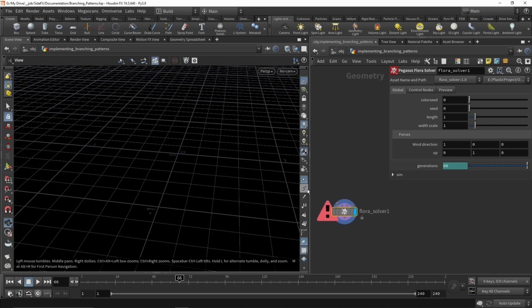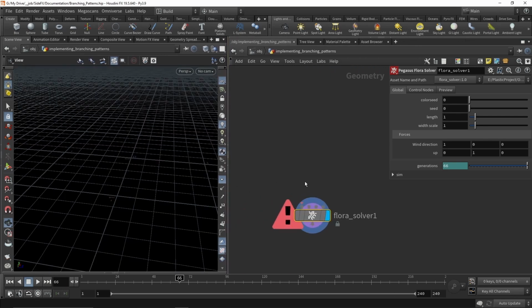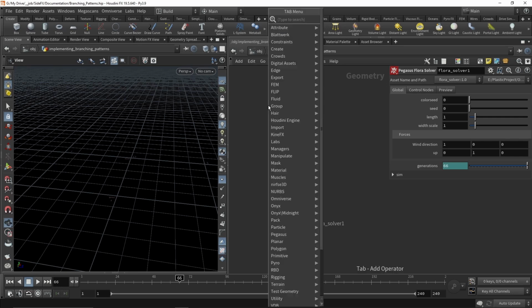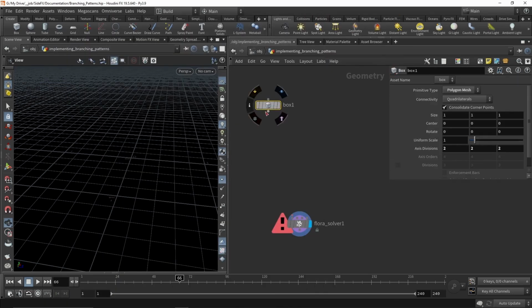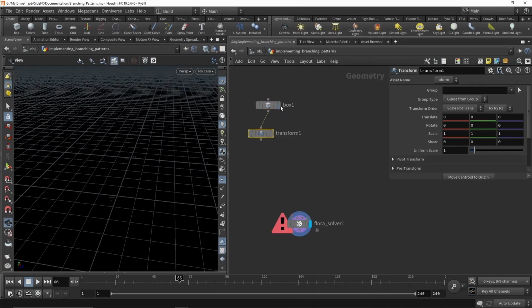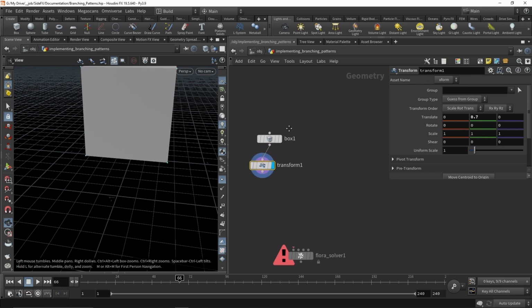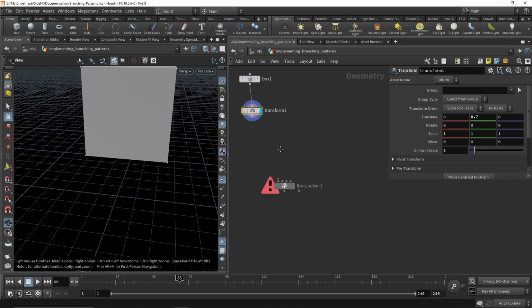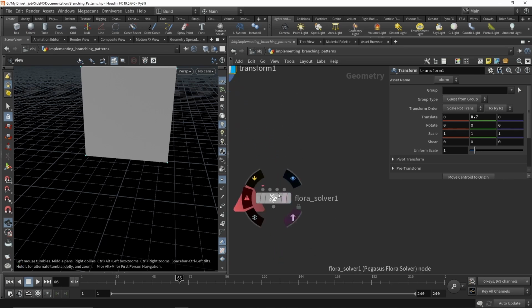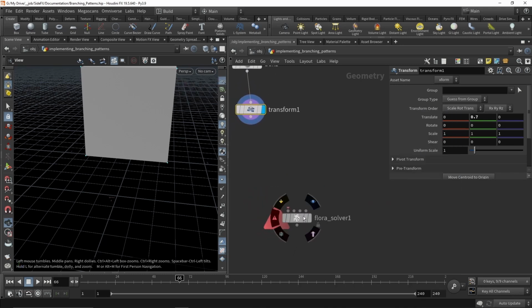Flora works a bit differently from your typical Houdini node tree, because typically you have a node tree and you start off with something and you add a transform and you pass the flow of data from top to bottom. Flora is a bit different. Flora does all the calculation and all the magic happens in the solver node. This is not just a DOP solver or something like this. This is a custom built solver